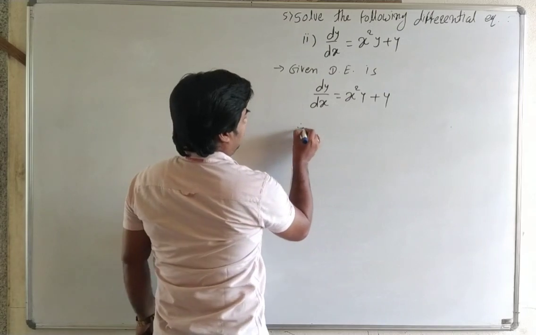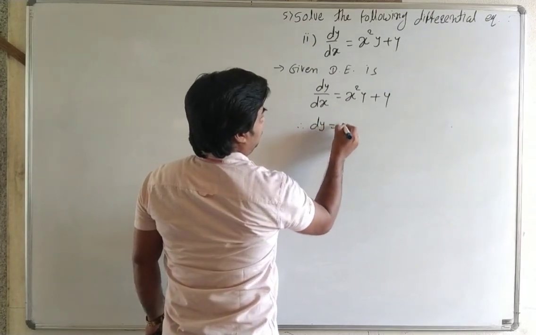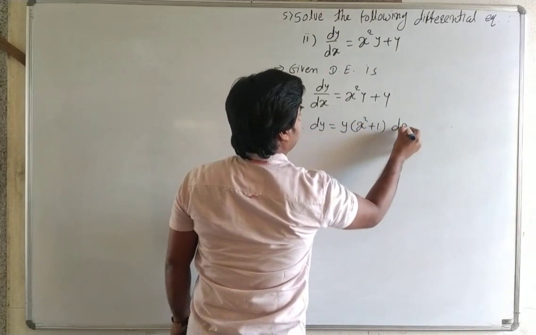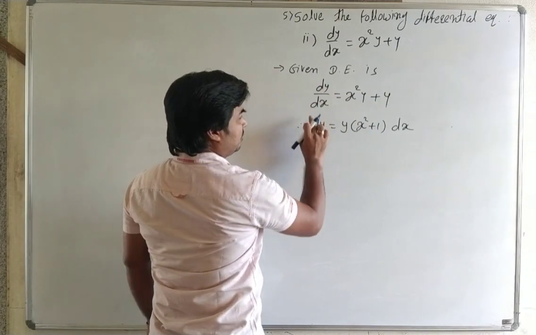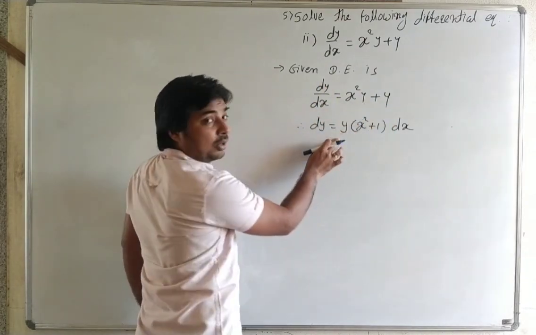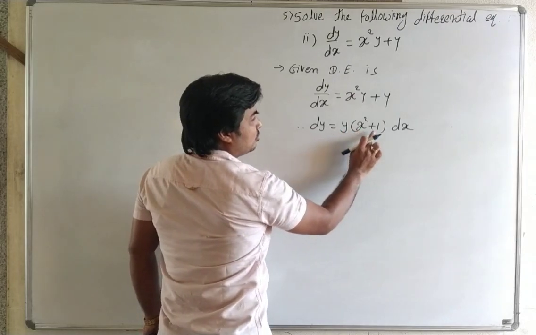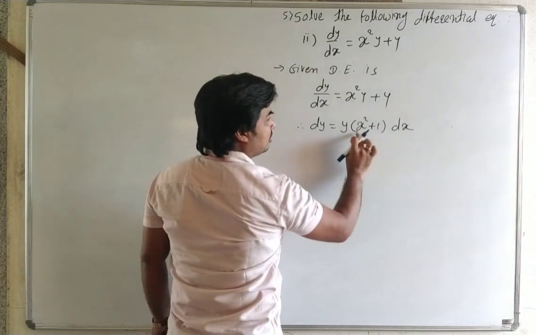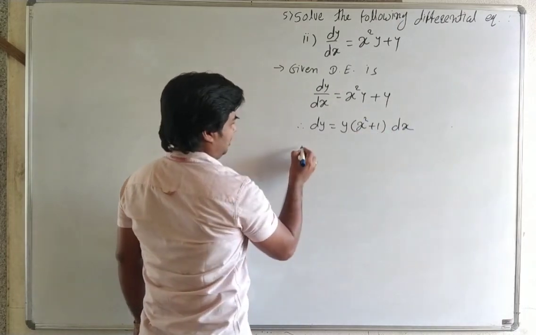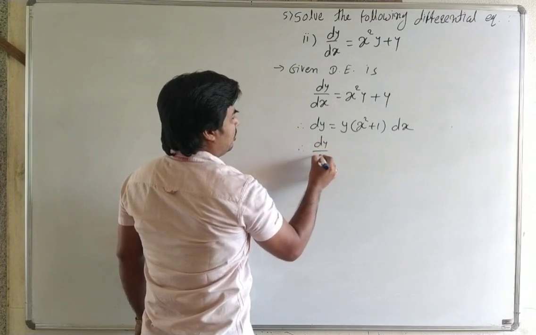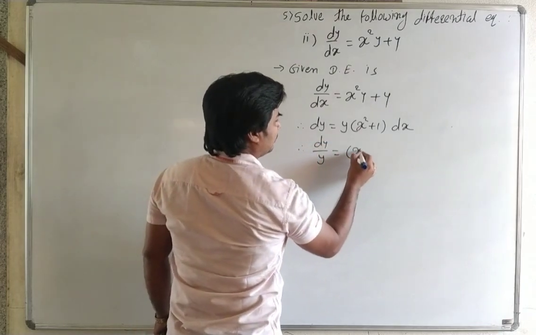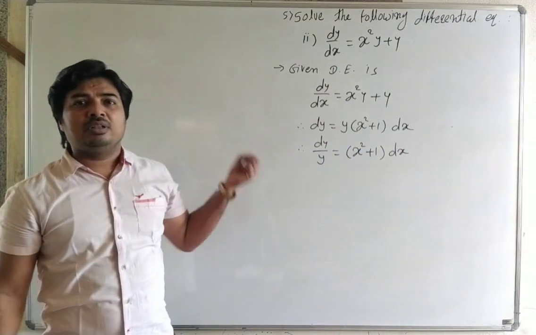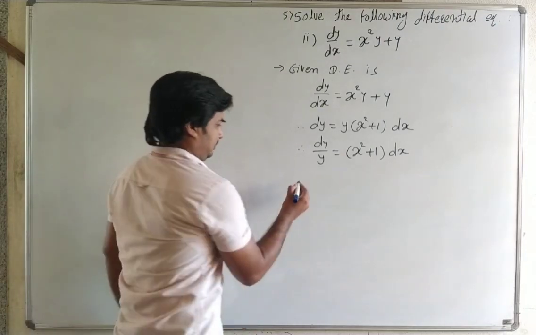Okay, therefore we can write dy is equal to y into x square plus 1 into dx. See carefully this. We can separate the differential coefficients dy and dx, and here we take y common. Therefore it is y into x square plus 1. Then take this y with dy, and it is the function of x, that is x square plus 1 with dx. Then dy upon y is equal to x square plus 1 dx, and now it is in the variable separable form. Now taking integral